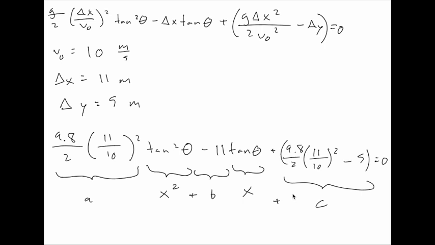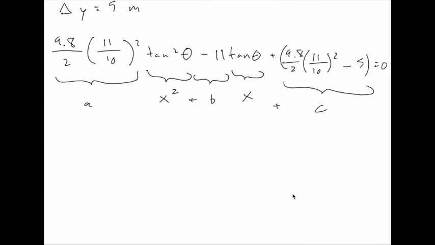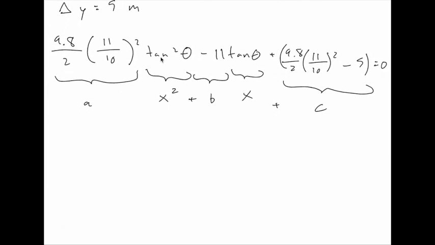So you have a quadratic equation, okay? So then that means if you put this whole thing into Wolfram Alpha, treating this as tangent squared and this is just tangent, you would end up with